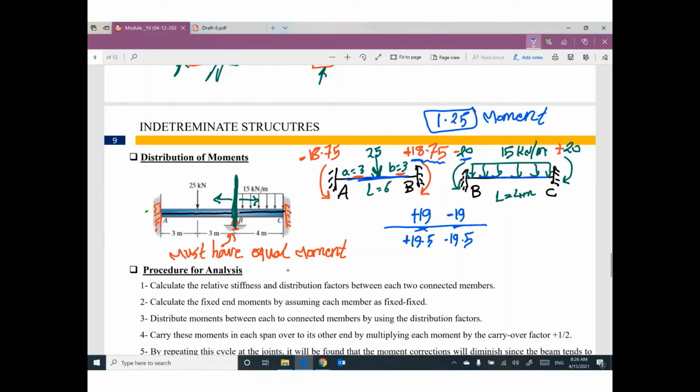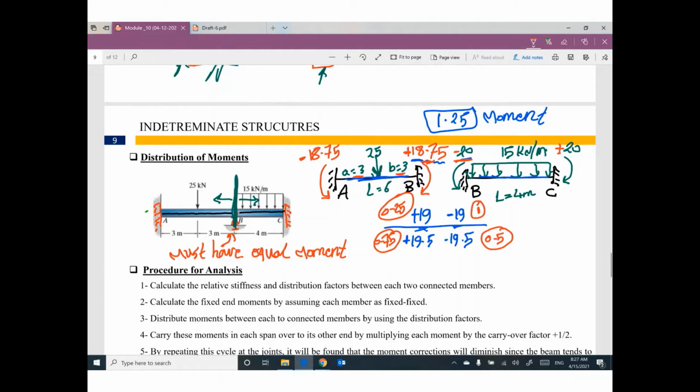So what did you do right now? I decreased this one by 0.5 and increased this one by 0.75. In the previous solution, I decreased this one by 1 and increased this one by a quarter. My target: I need to make this value 20 equal to this value 18.75. So I would like to reduce this value a little bit and increase this one a little bit to be equal.